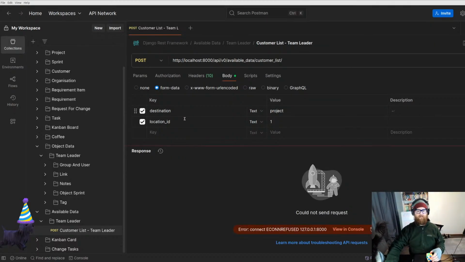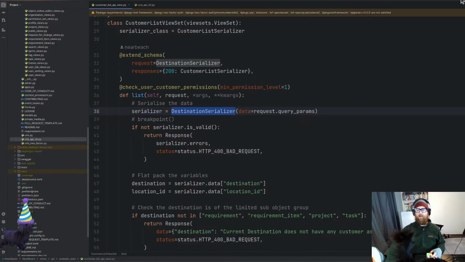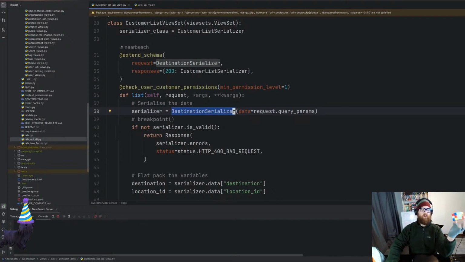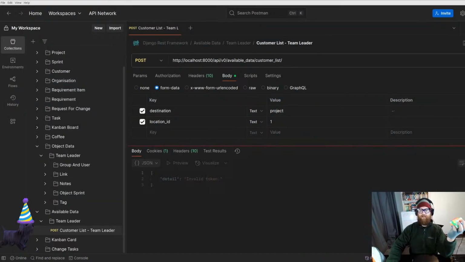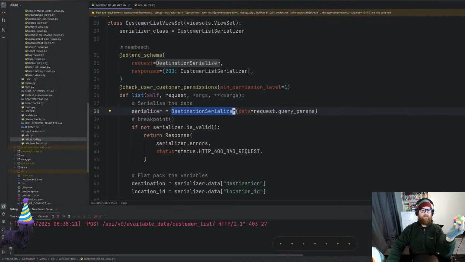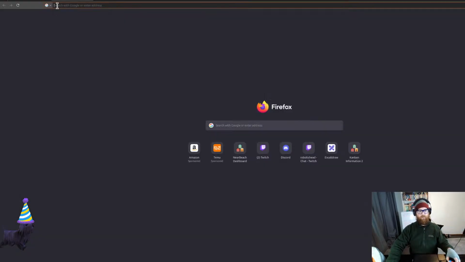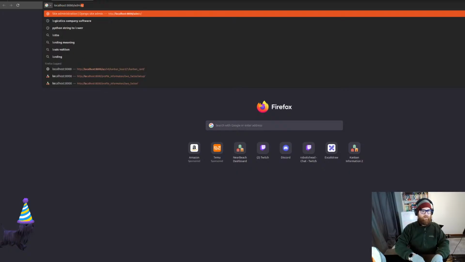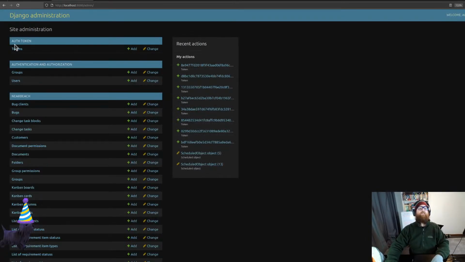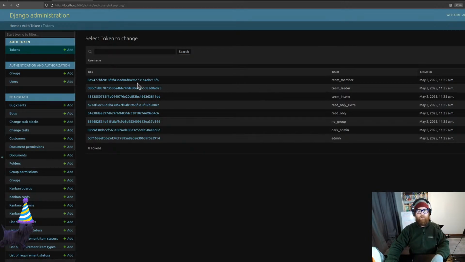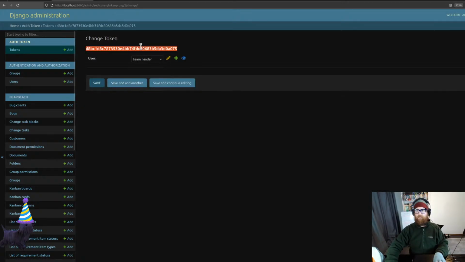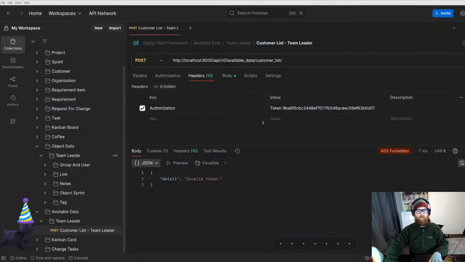So if I go send here, we should get an error because I haven't actually started up the server. All right, cool, there we go. We've got a 403 forbidden, invalid token. It just means we've got to update our tokens. Not a problem. We just jump into here. We go localhost, admin. We should still be logged in. We go up to our tokens. We then go to our team leader. And we're going to copy this and paste it over here. Now, we've just hit ad time on